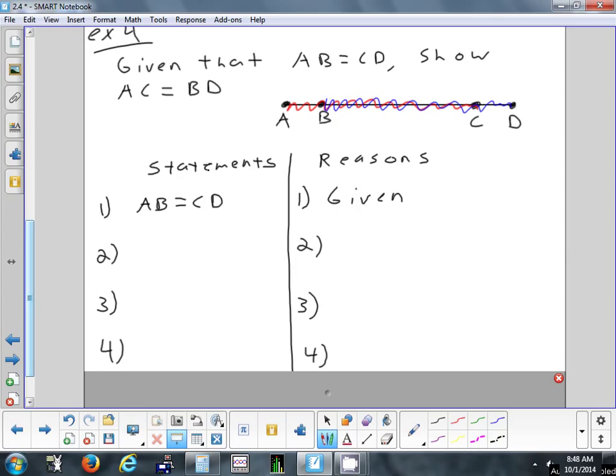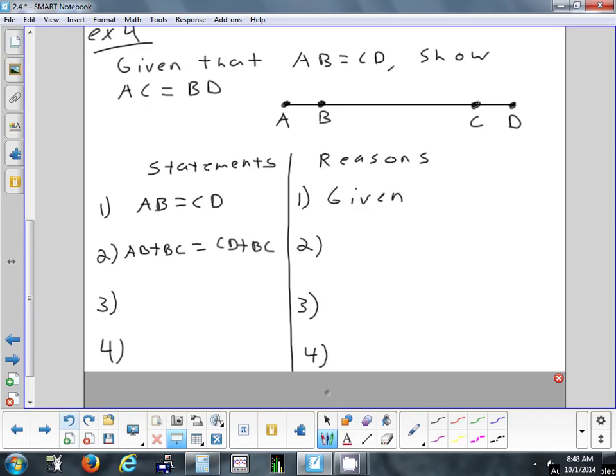So somewhere in this proof, BC is probably going to start to pop up. In fact, that's what I'm going to start out with. I'm going to start by taking what was given, and I'm going to add BC to both sides of it. Okay. And let's watch what happens. So we have AB plus BC equals, I'm going to do the same thing on the other side, CD